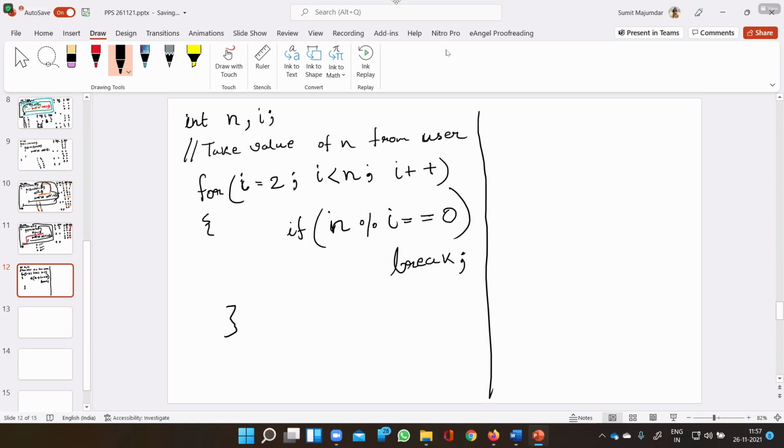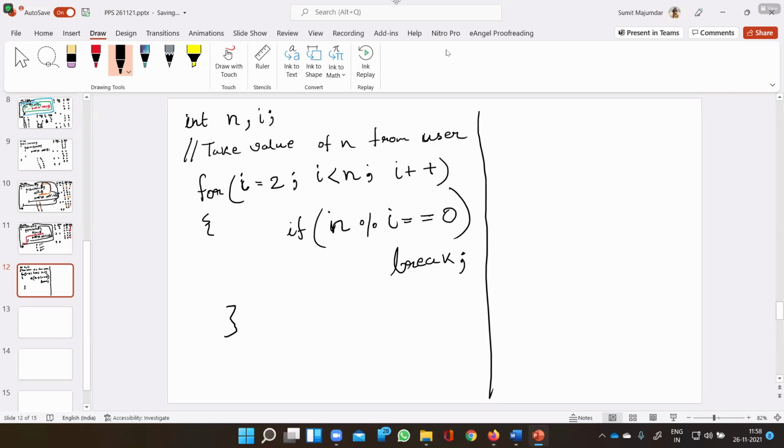So it will depend. If n is even, it will obviously break. Maybe when n is 9 and I is 3, n is not an even number, but when I is 3, it will also break from the I loop.